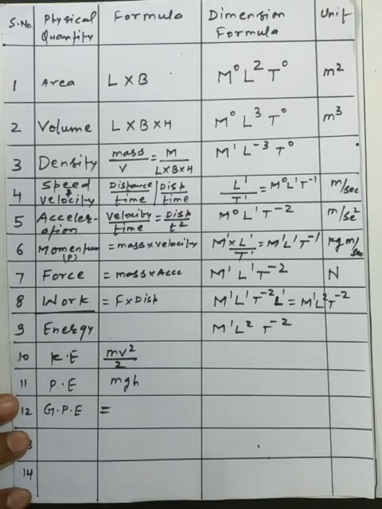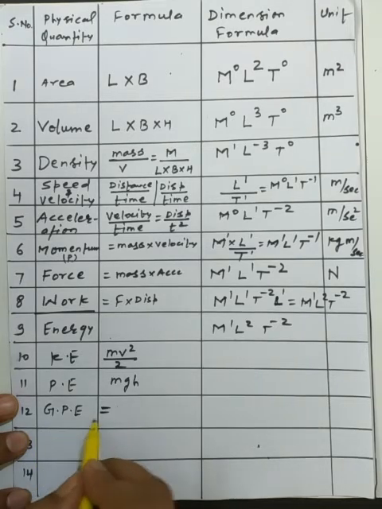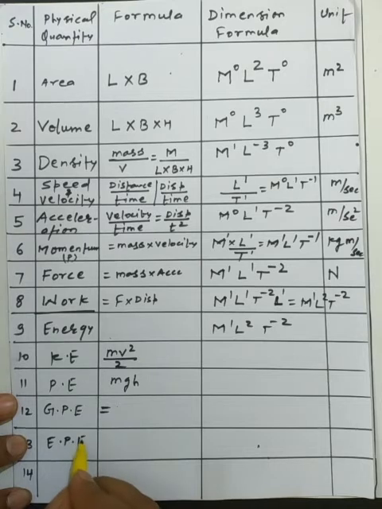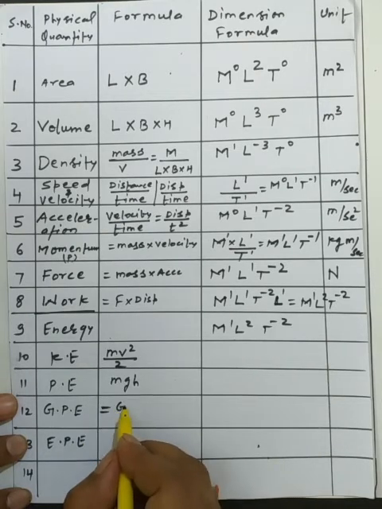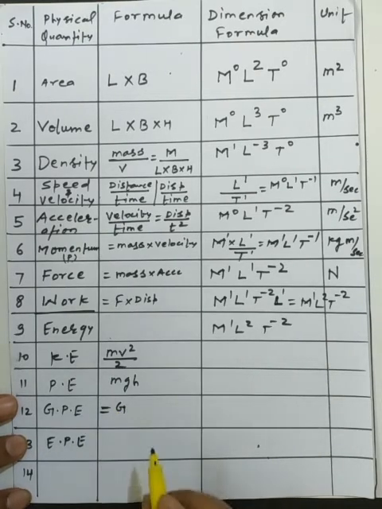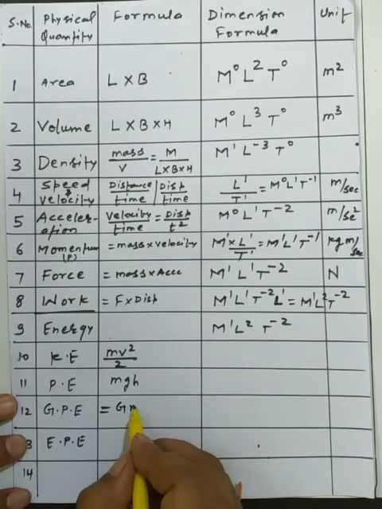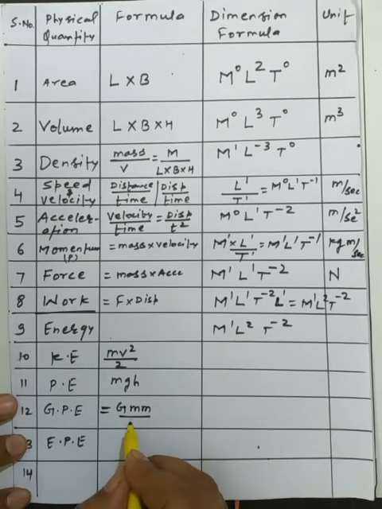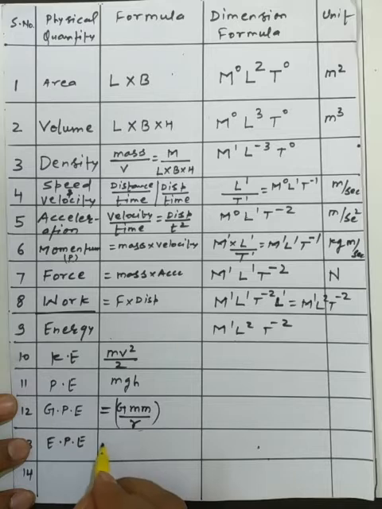the assessment that work and energy, any type of energy, always have the same kind of dimension formula. Gravitational potential energy, electrostatic potential energy, so I am just writing the formula in front of you. Gravitational potential energy, that is G, and the mass parameters are G m1 m2 upon R. Okay, so this is the general formula we have. Still we don't have the proper formula information, but we can go through them. Okay, now electrostatic potential energy, K q1 q2 upon r.